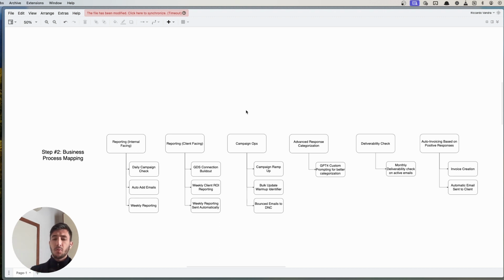Campaign operations, so everything related to ramping up the campaigns, stopping the campaigns when there's some bounce problem, updating the warm-up identifiers if it's possible. If an email is bounced, this is inserted directly into the do not respond list. So here we have everything related to different things that could happen inside a campaign, inside the experience, that need to be done manually and can be done